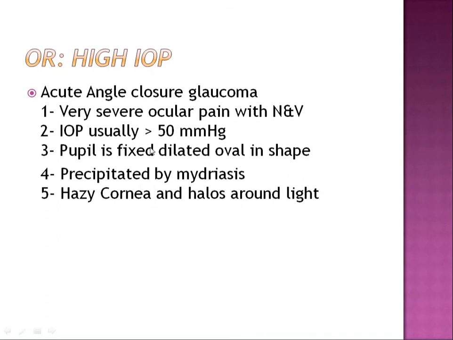Because of the high intraocular pressure, definitely the patient will have corneal edema. That's why the cornea will be very hazy and the vision will be decreased. As of now, the patient might present to you with 6/60, but if you don't treat, this patient will lose vision. It can even go up to PL negative. So act as in an emergency in these conditions: bring down the IOP and treat the cause. So I'll end the class here. If you have any doubts, you can ask me.